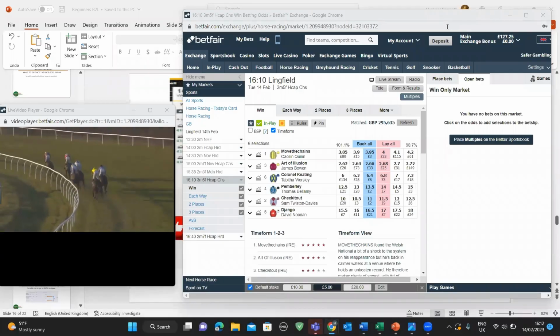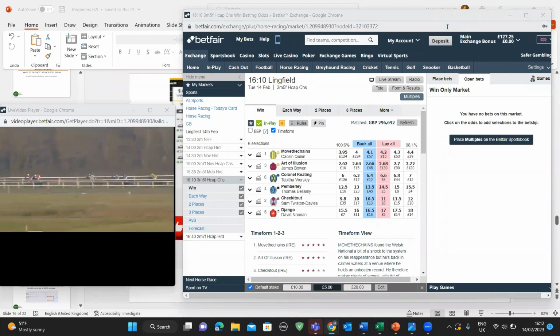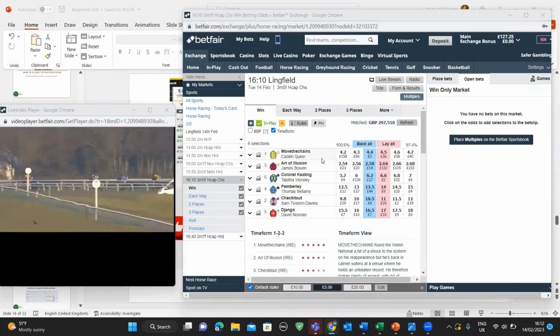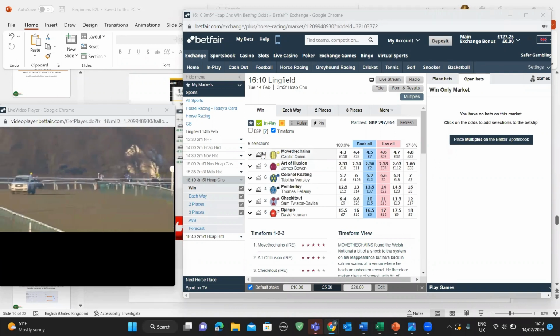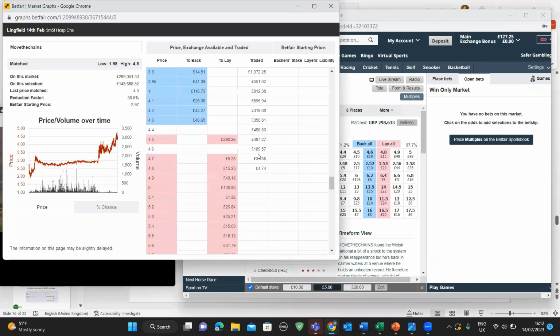So here we are in a 4:10 at Lingfield, 3 mile, 5 furlongs. So it's quite a long race, very long race, in fact. And it's a chase. And we see that one of the main market leaders is Move the Chains. And if we have a quick look at what's happened to him in the first part of the race, Move the Chains has moved from 2.97 out to nearly 4.5. And that's in the first few